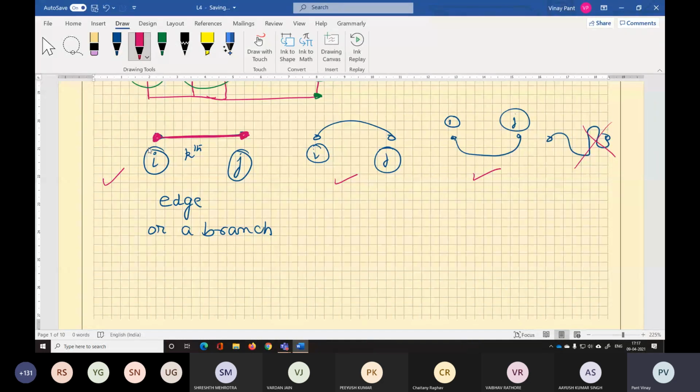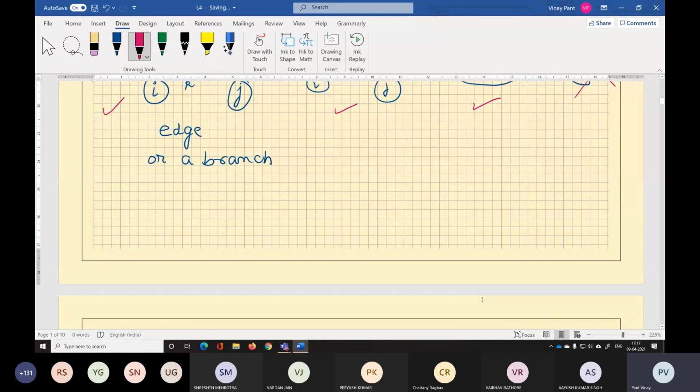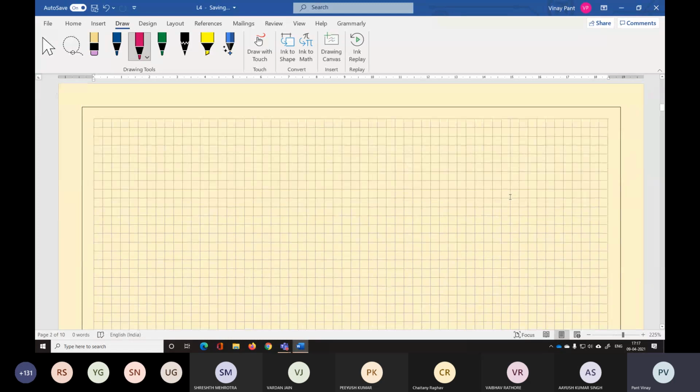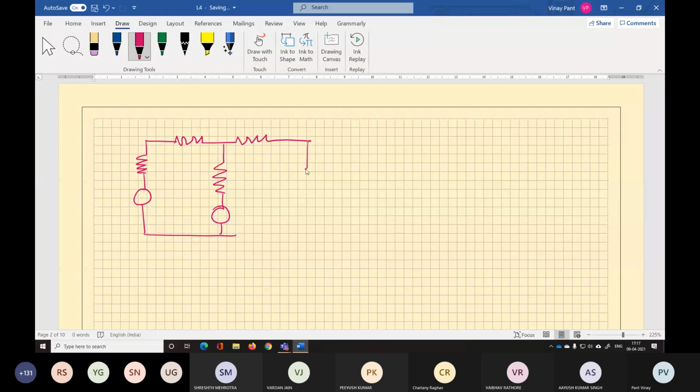Okay. Let's draw the graph of a network. Let's take a simple network and draw its graph. Let's see how the graph will look. Let's take a very simple network. Let me number it.